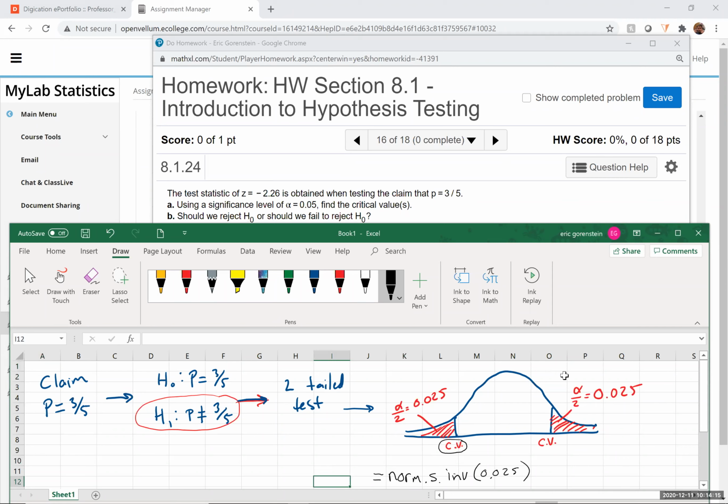So that should give you, oh, where's my keyboard? That should give you, I believe, 1.96. So equal